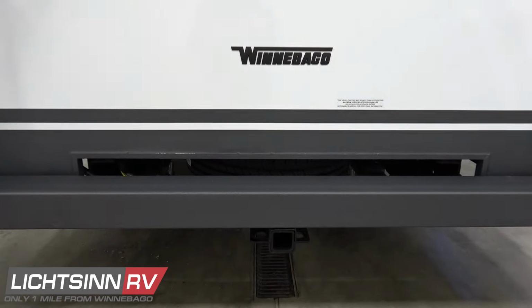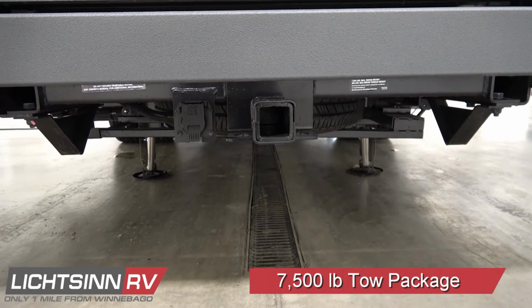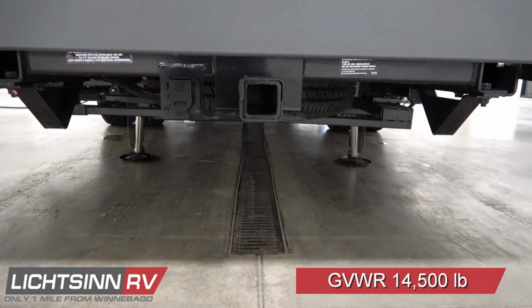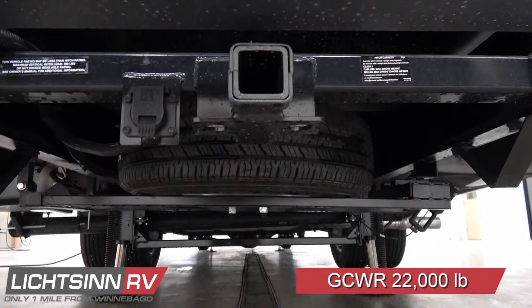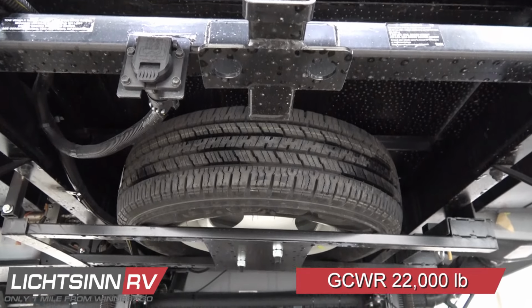Towards the back wall, you saw the rear view camera monitoring system, this being the 7,500 pound factory installed tow package. You can pull a full 7,500 pounds because this is on the upgraded 14,500 pound gross vehicle weight rating chassis, but maintains a 22,000 pound gross combined weight rating, so you can pull a full 7,500 pounds while maintaining